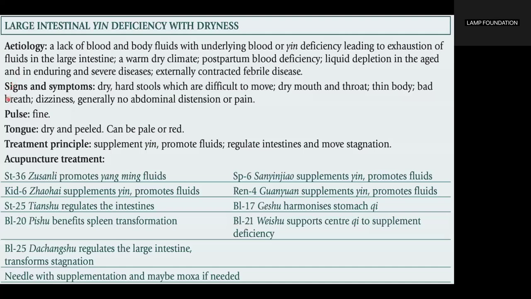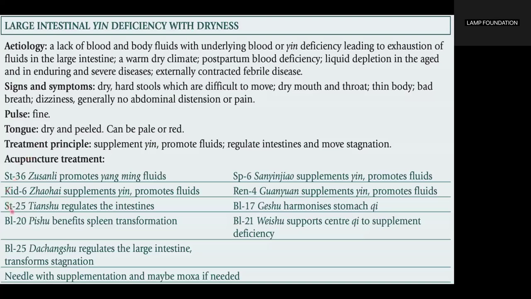Pulse is fine. Tongue, dry and peeled, can be pale or red. Treatment principles: supplement the yin, promote fluids, regulate intestines, and move stagnation. Acupuncture treatment: Stomach 36 to promote yang ming fluids, Kidney 6 to supplement yin, promote fluids, Stomach 25 to regulate